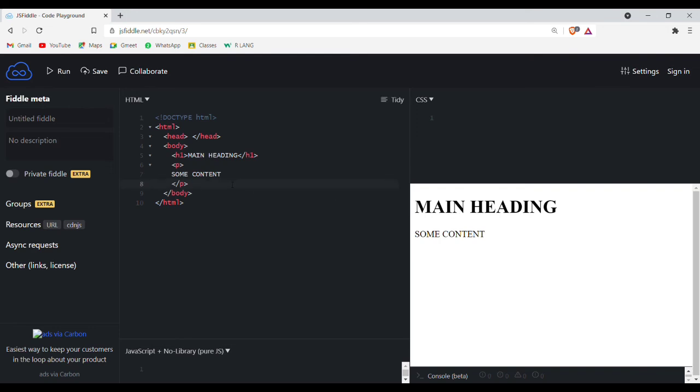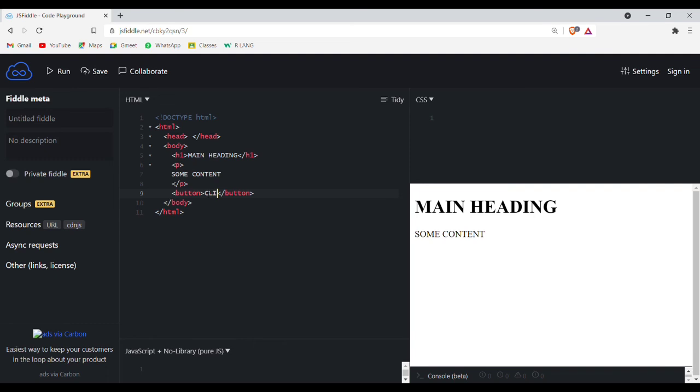And let's try to add a button to the HTML page. The tag we use to create a button in HTML is the button tag. Let's try to add some button.